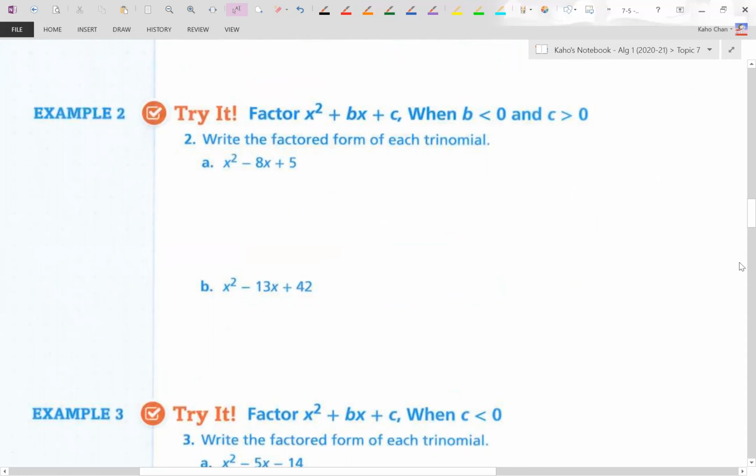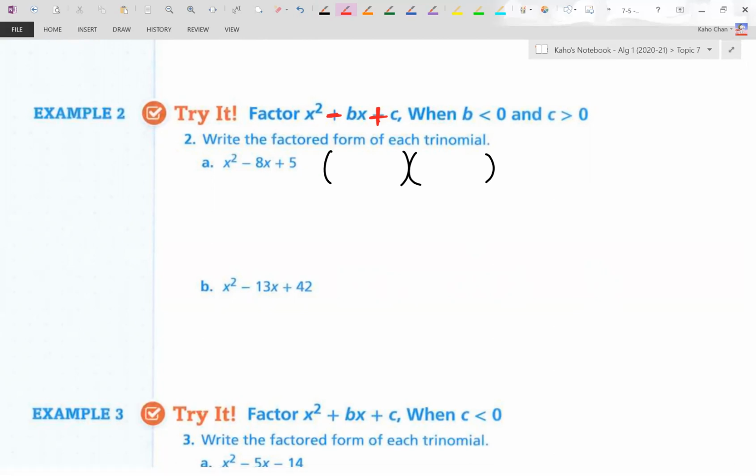This is an interesting case. We need a binomial times a binomial. This is a situation where B is negative. So in this case, minus bx plus c. It's a minus plus situation, as you can see from 2a to b. If it's a minus plus situation, oh, by the way,